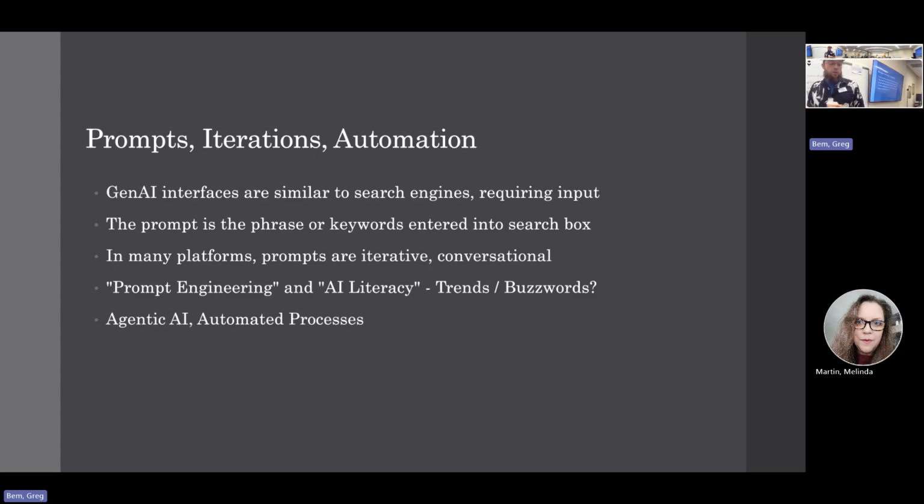We see it occasionally come up in the context of different jobs. You might see on an Indeed or a LinkedIn ad for a job that prompt engineering is a component of the job. That may not necessarily mean you have to be an expert going in, because a lot of companies have their own LLMs and their own GenAI tools, but it's something that you might need to learn how to do. The same way you would need to learn how to use the email client or navigate their file system, etc.